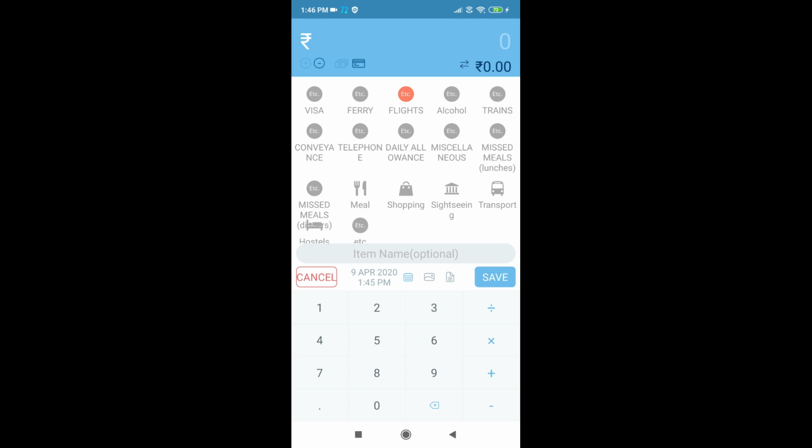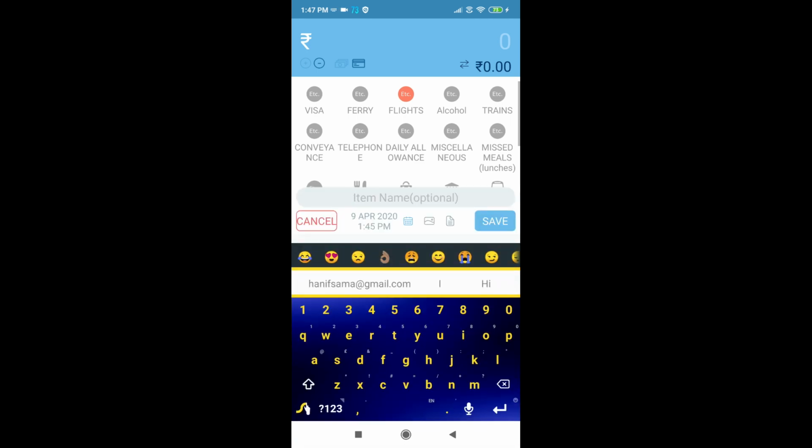Okay, and one more thing, just under the Indian rupee sign, you can see a small symbol of minus. Okay, that means you're spending money. If you click on that minus, it changes to plus. That means you're adding money to your budget. Okay, so if you're going to spend money, keep it on minus. And now you've chosen flights, and now you will put your details in the middle over here in item name,